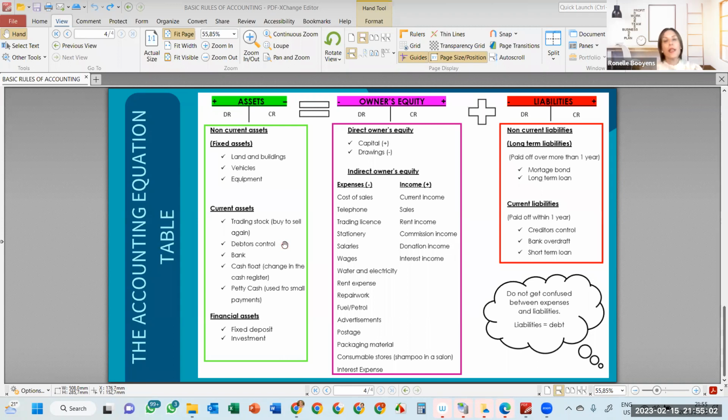The next one you will also only be dealing with in grade 9 and in term 2. And that is debtors, or the collective noun is called debtors control. Now, a debtor is someone who owes money to our business. So typically, if your mom goes to Milady's, she's got an account with Milady's, and she buys some clothes on account, on credit. She swipes her Milady's store card. She buys those clothes on account from Milady's. Your mom is a debtor of Milady's because your mom then owes money to Milady's.